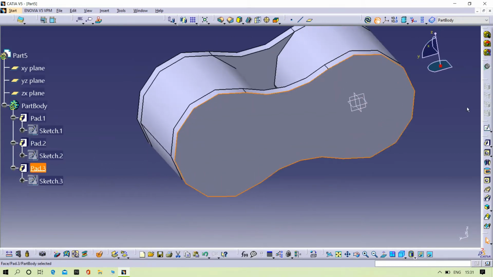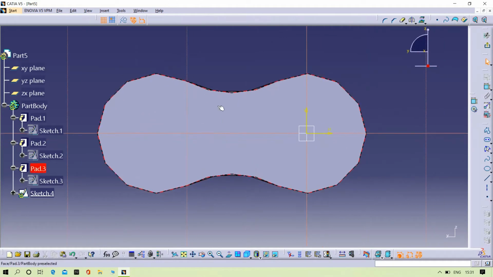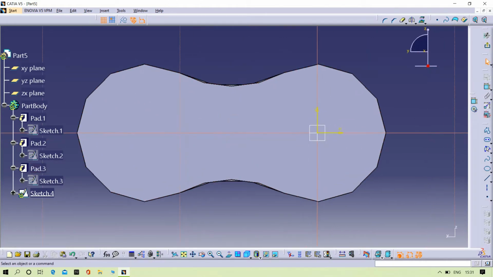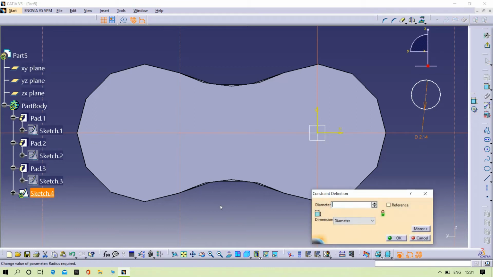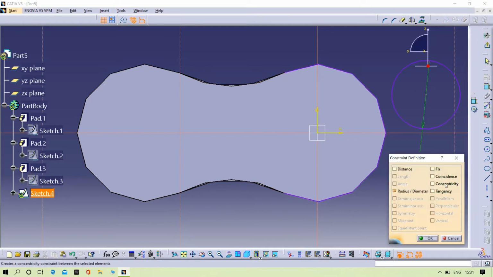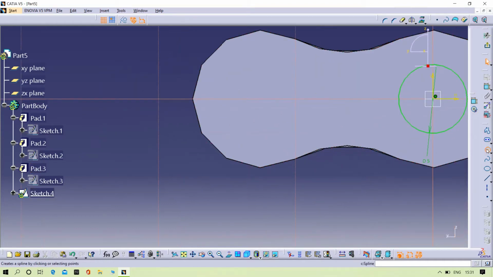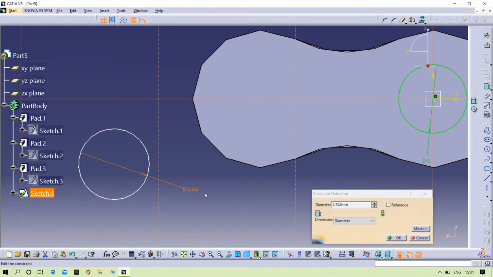Again try to select the plane. Then try to draw the circle with dia 5. Then try to make these two circles coincident. Same as it for opposite side also. 5 mm.